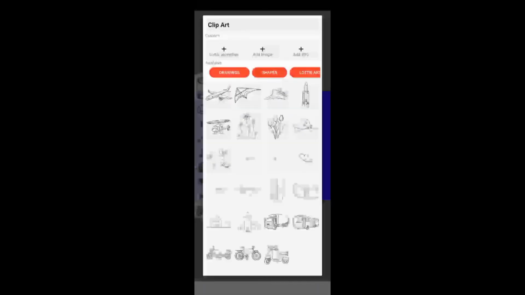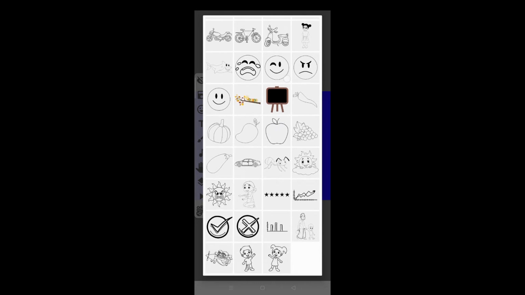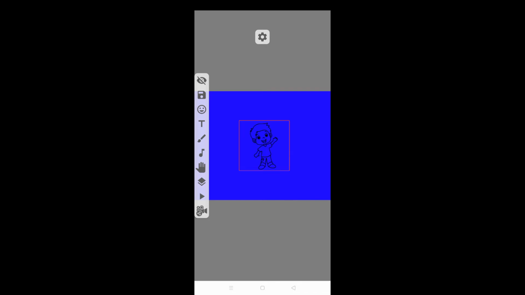So first we have to choose our photos or our objects. Okay, so first you have to click here. There are some more options, clip art, group, custom. You can customize according to your choice. Here are many more options, other things. If you want to take something, you can choose. Like I want to insert these things. So first I will click here.